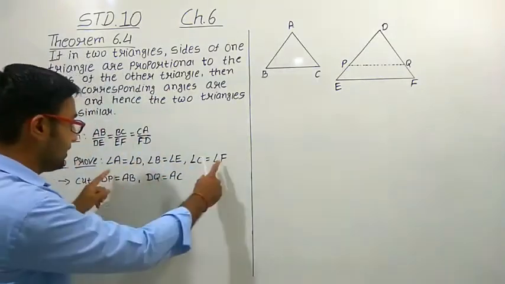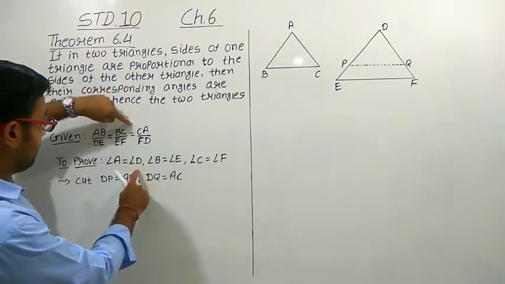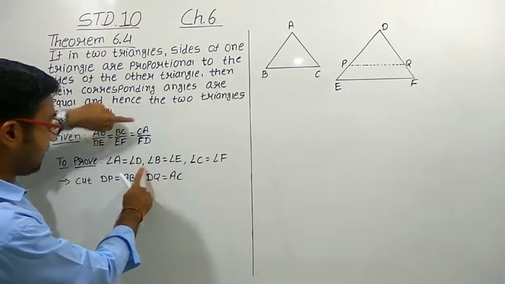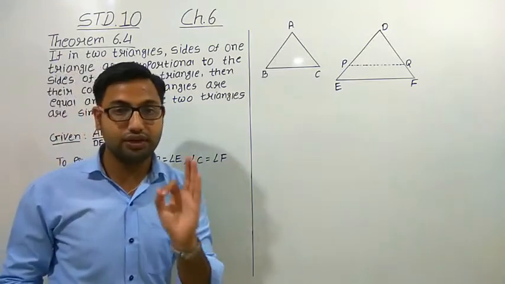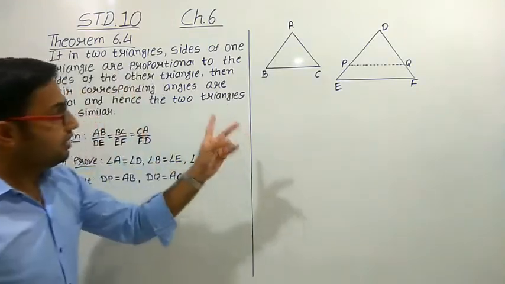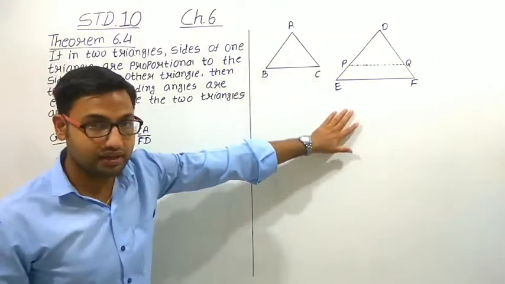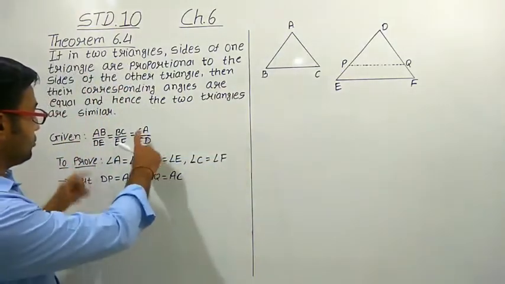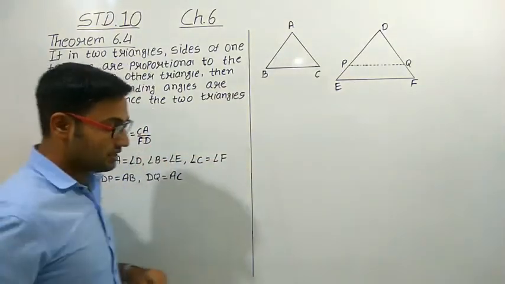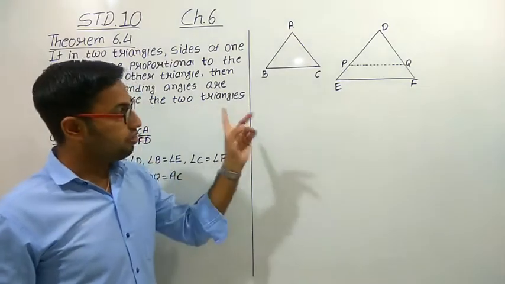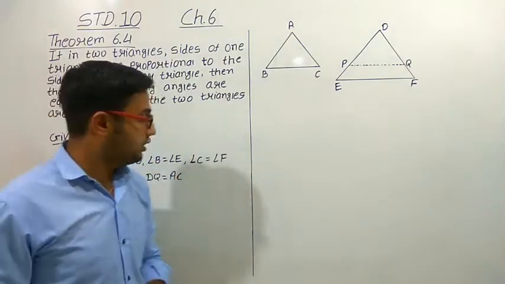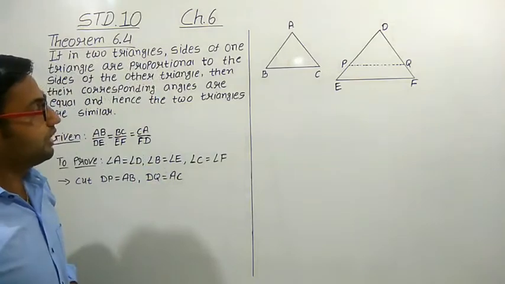If we can prove this thing, then you know now that both these criteria are of the similarity of any two figures. Right? Here as a figure, we have the triangle. So if we can prove these two things, one already given, if we prove the second thing, then we can say that both the triangles are similar. So here first of all we have to cut.